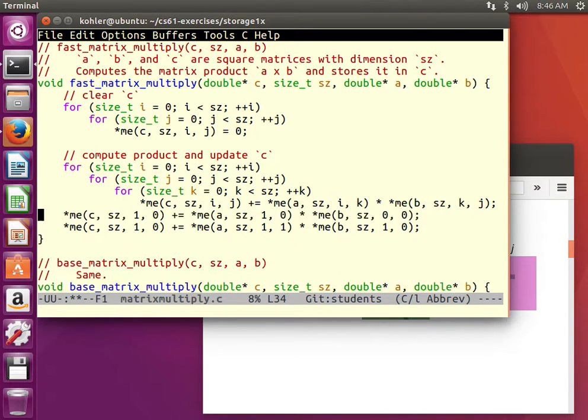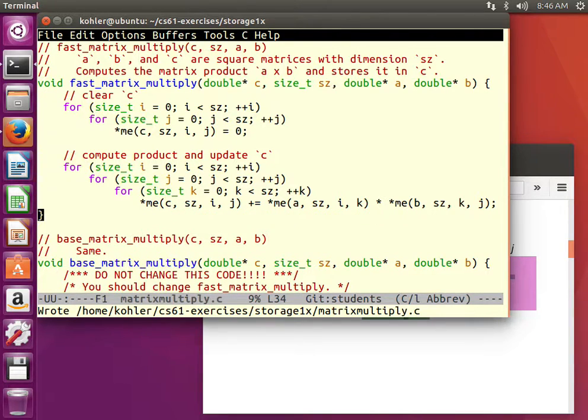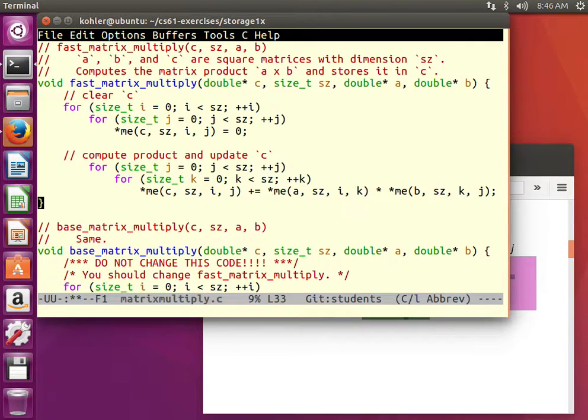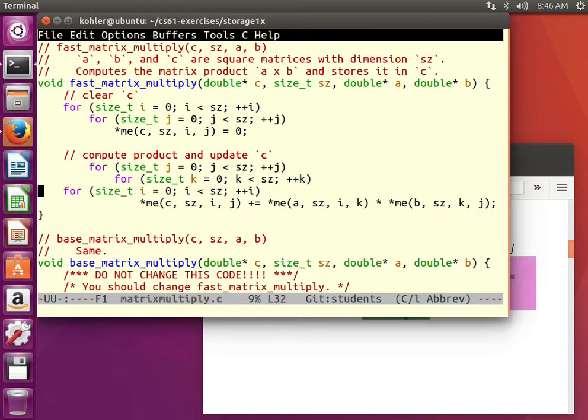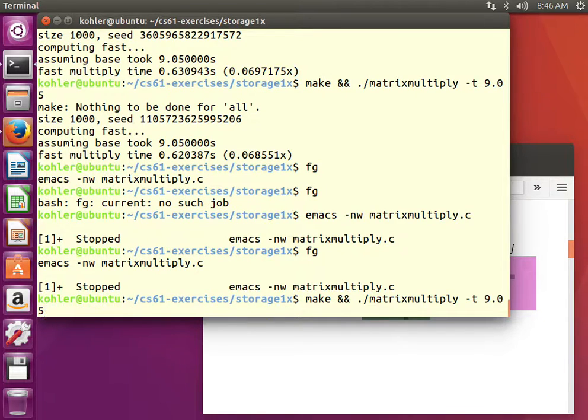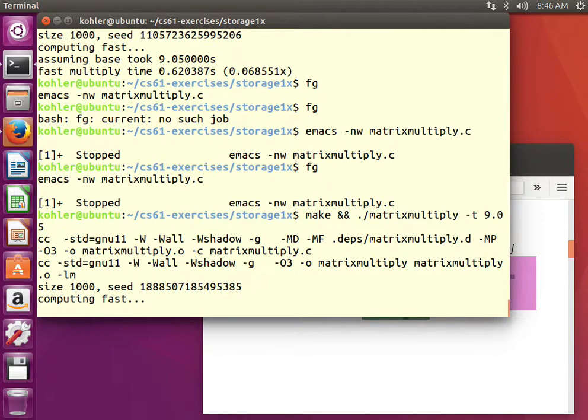So if we want to reorder the loops, you might try all 6 orders. There are 6 total orders. For instance, what if we put i in the innermost place? So rather than ijk, we're incrementing jki. How will that perform? It does not perform well. In fact, it performs worse than the original order. We'll see that shortly, or I guess we'll see that longly, because I would expect this to take around 20 seconds to compute.